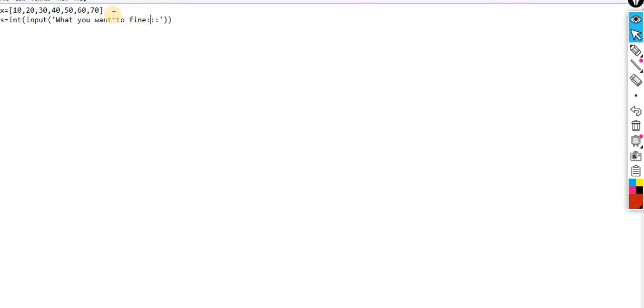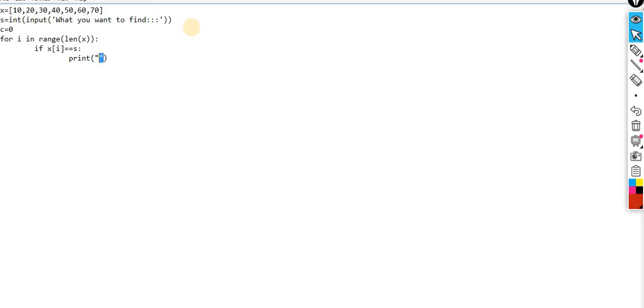Okay, and I am making a counter equal to 0. For i in range of len of this x, if x of i double equals this s, then you are supposed to do it.